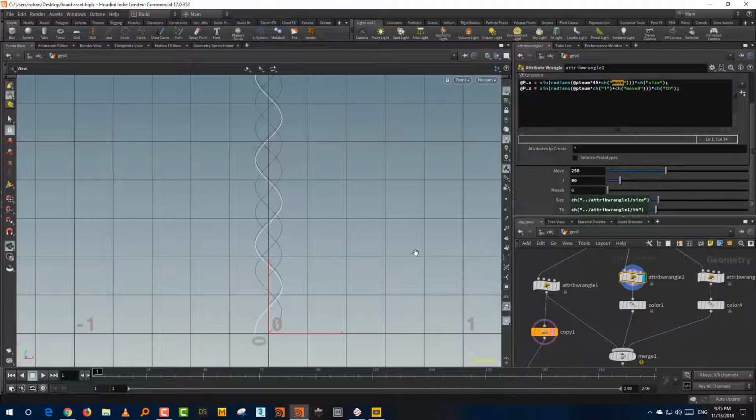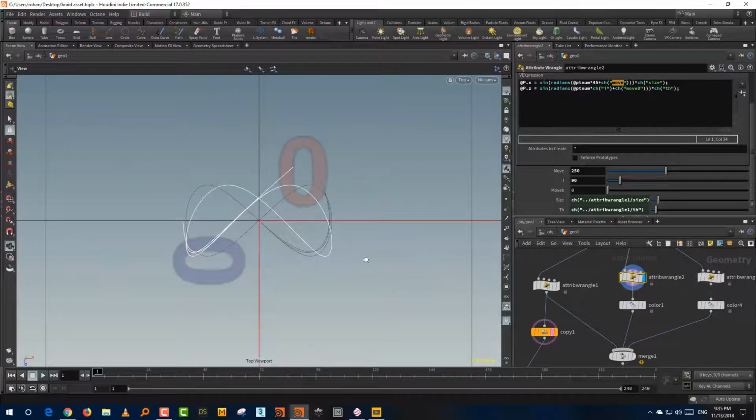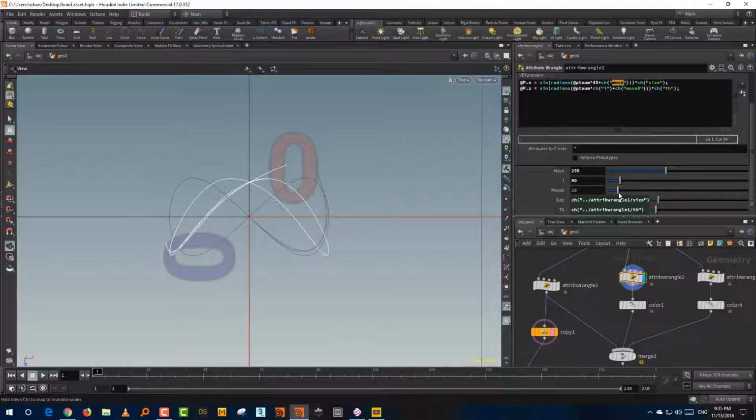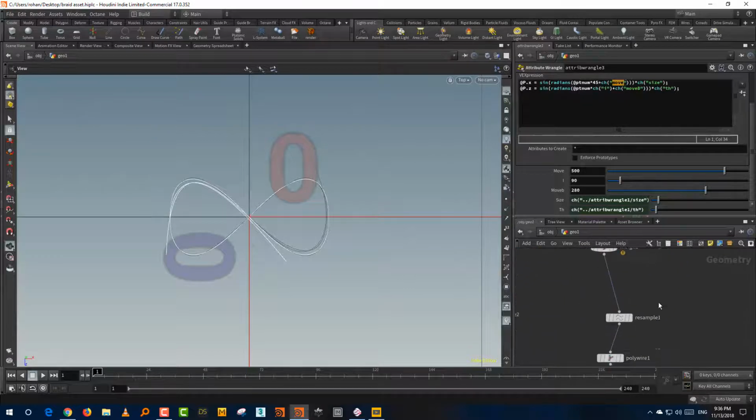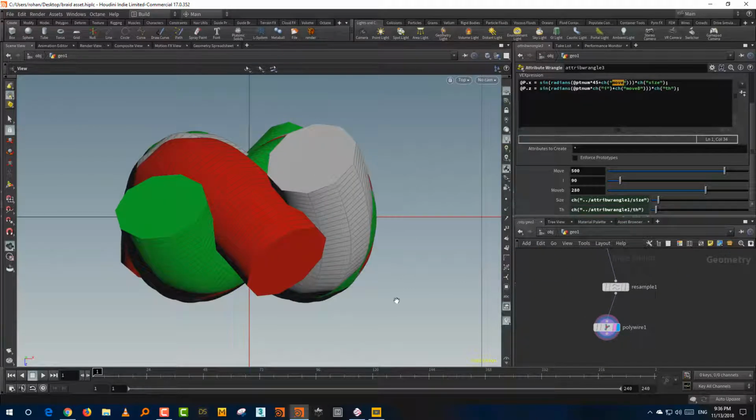And then you come to the top view and you do the same thing. You keep moving it till it becomes an infinity symbol. And yeah, 140 is good. And then for the third one, whatever values you have here, you can just duplicate them. So this is 500 and that's 280. It's as simple as that. So when you look at it, you get,